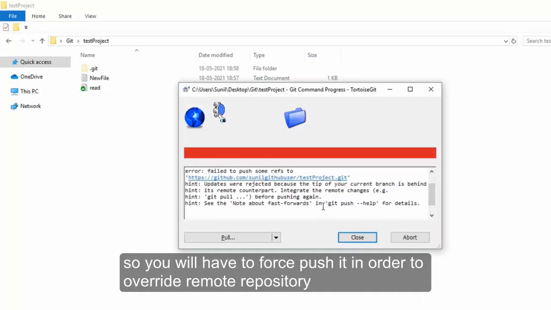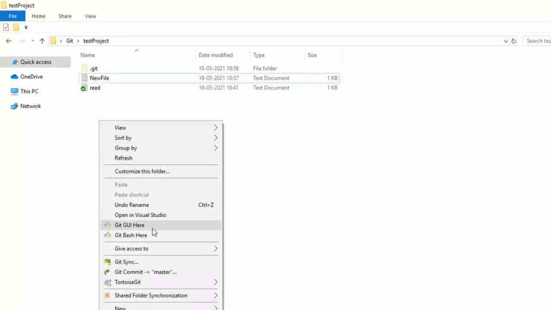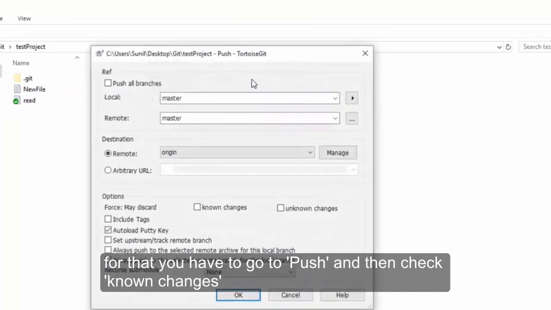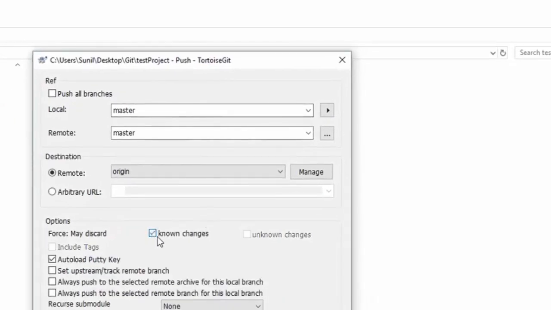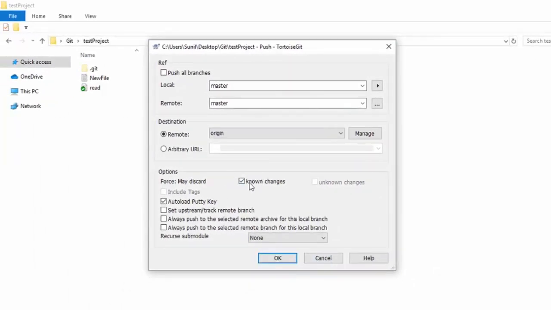So you will have to force push in order to override the remote repository. For that you have to go to this push and then select this no changes. So this will allow force push of the commit to your remote.